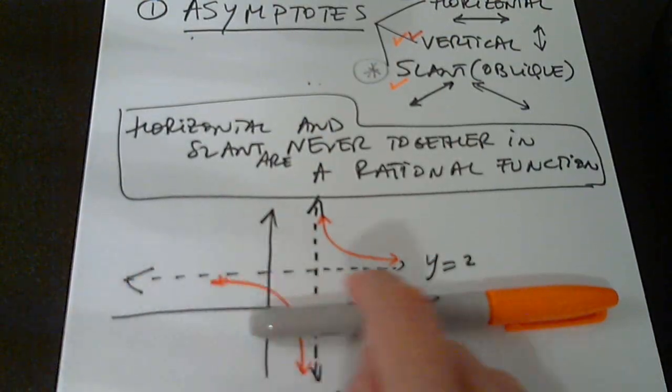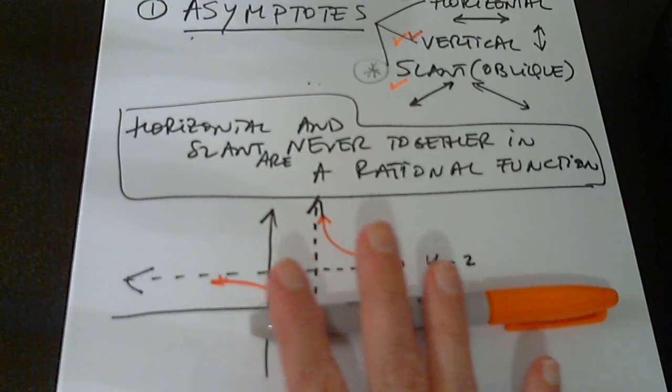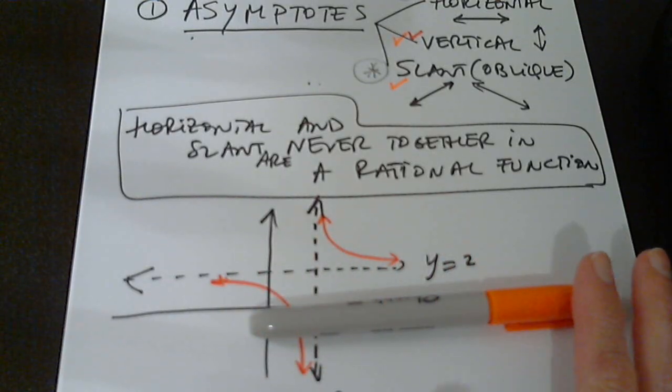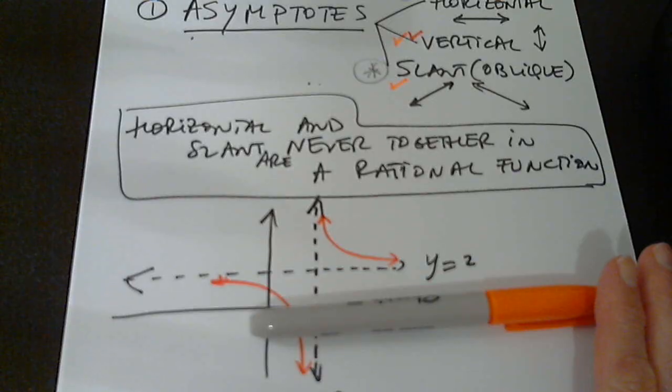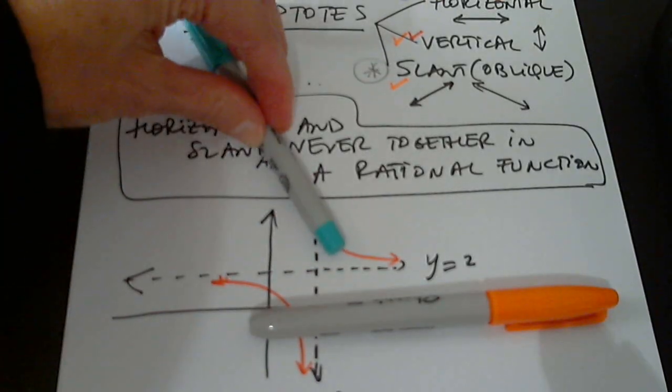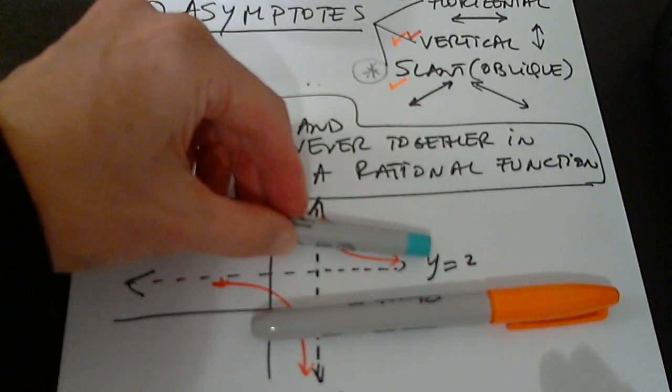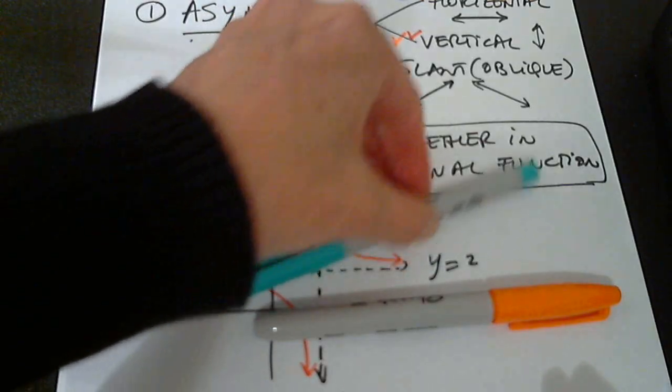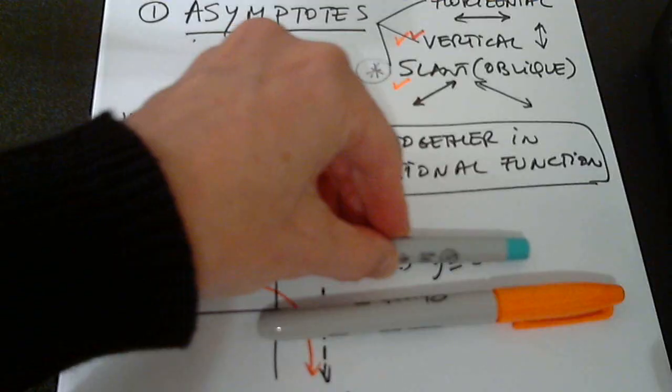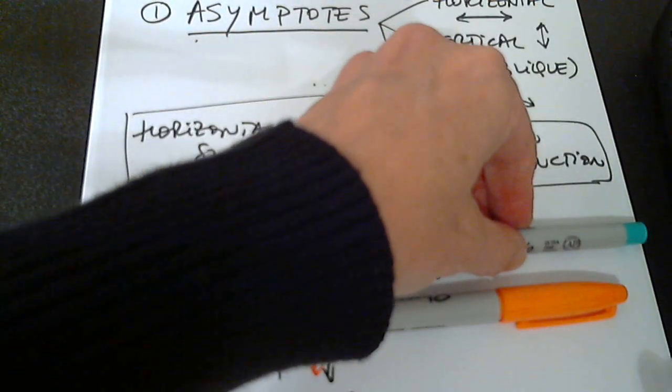So this is a horizontal asymptote. As x increases without bound, the function value gets closer and closer to 2. It doesn't go up, it doesn't go down, it just gets closer and closer to 2,